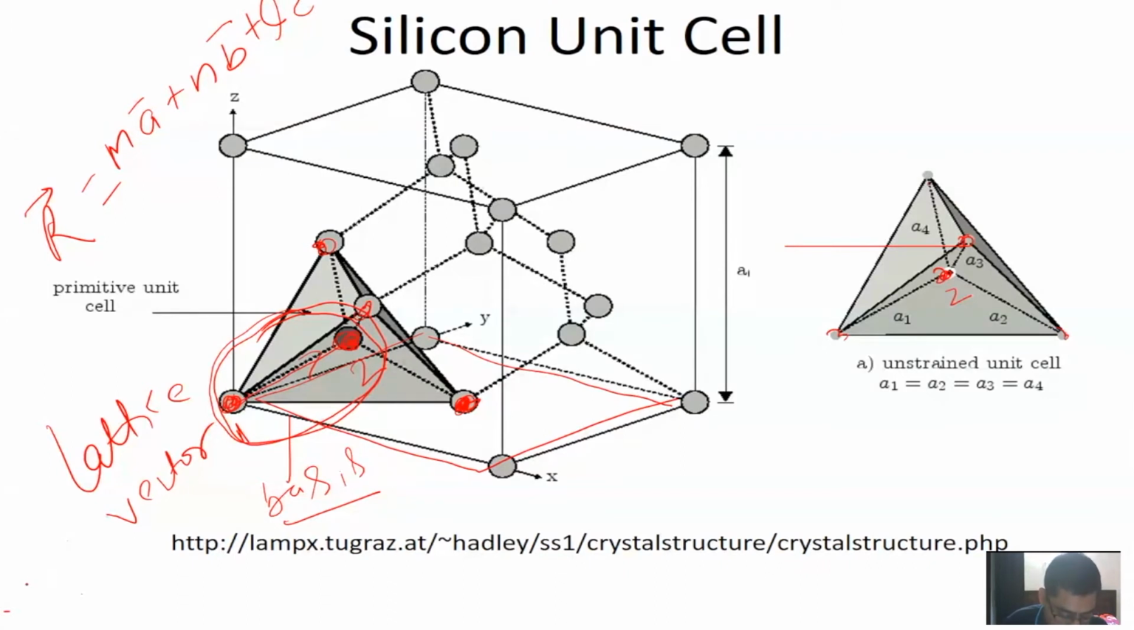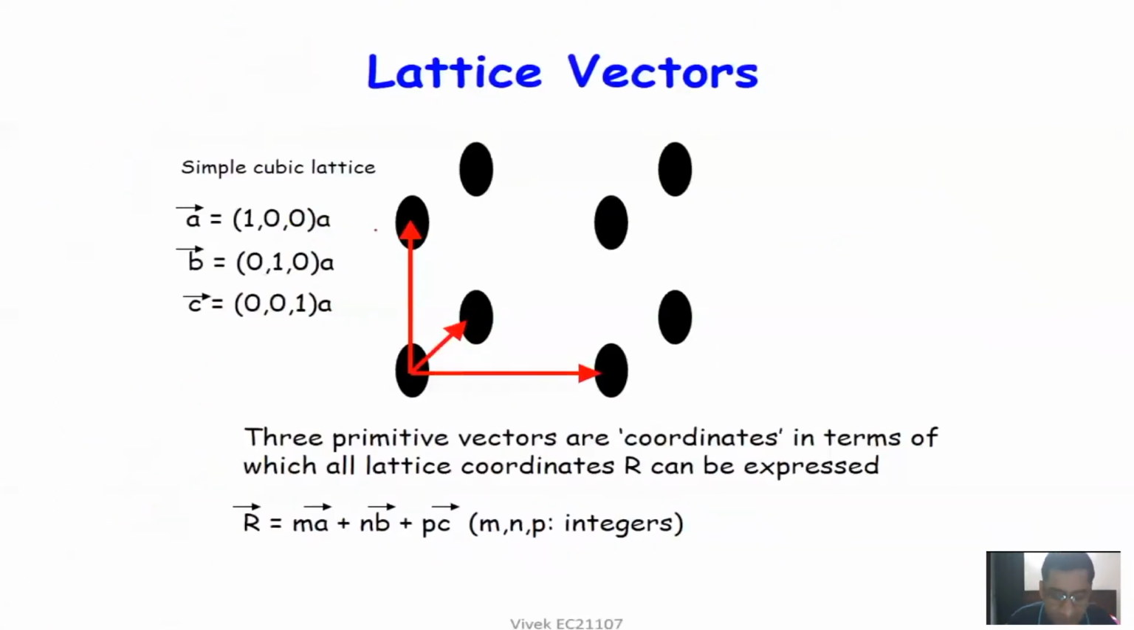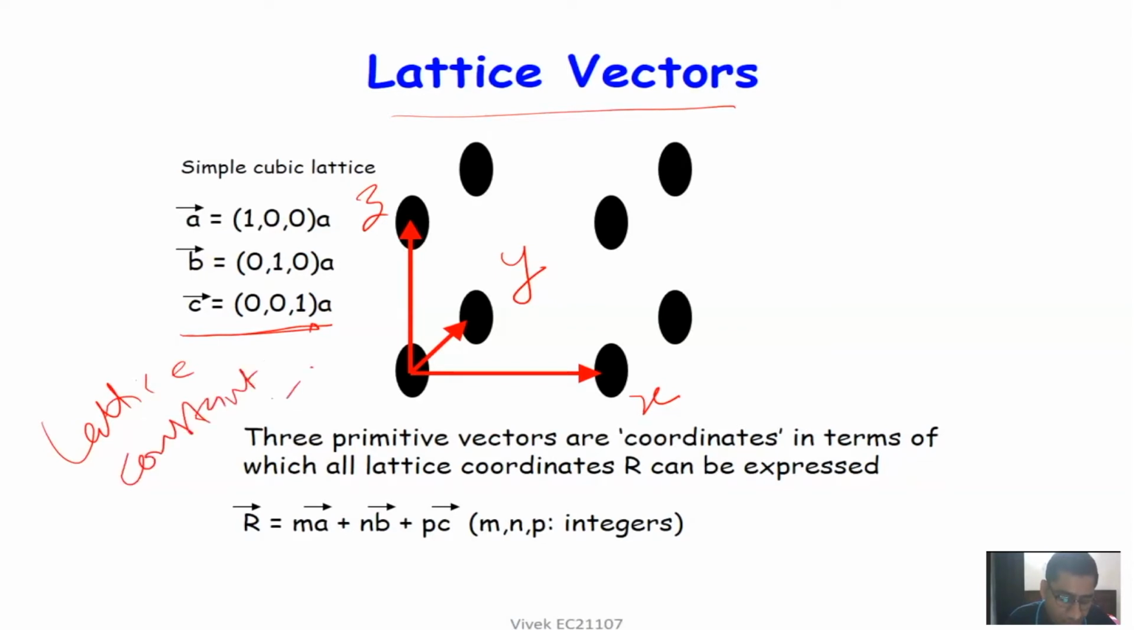Okay. To make it more clear, let us go to the next slide. So for example, you consider a simple cubic lattice, right? Here you can define lattice vectors along the x-axis, y-axis, and z-axis. That way you can reproduce the whole lattice, right? Now the length of these lattice vectors is called the lattice constant, right? So what is the lattice constant? It is the length of these vectors A or B or C, and if A, B, C are of the same length,